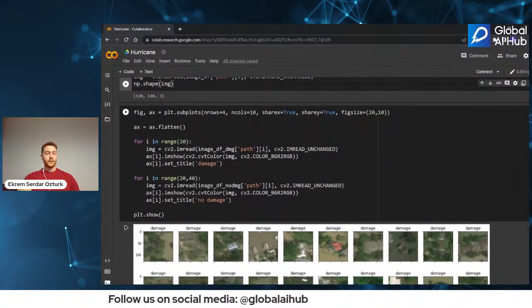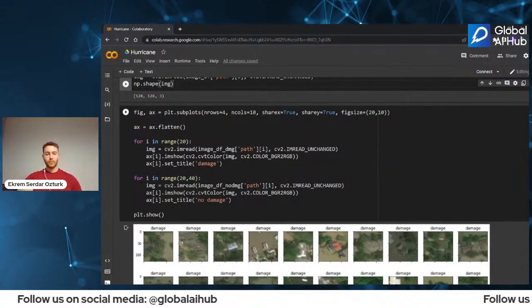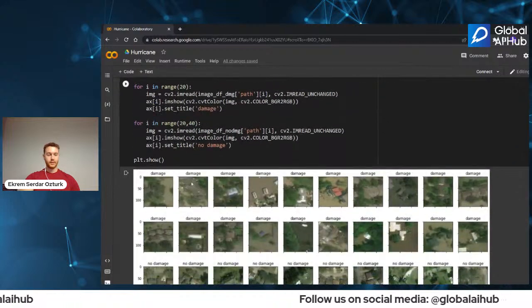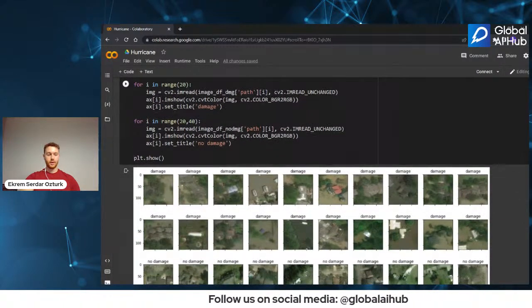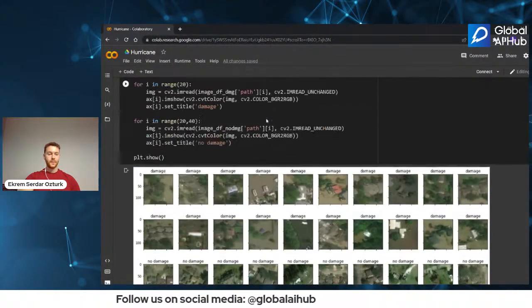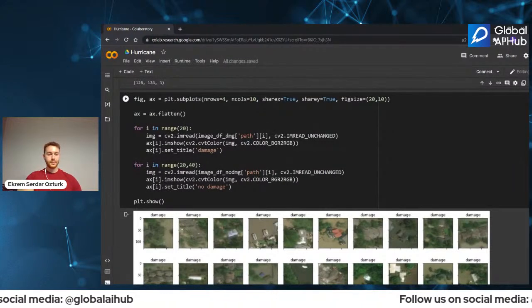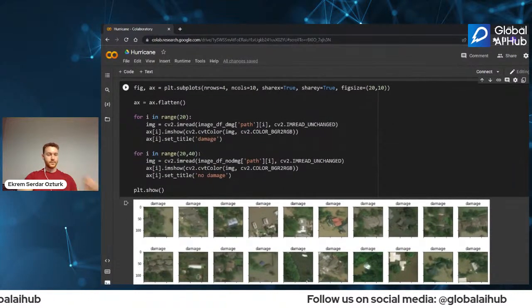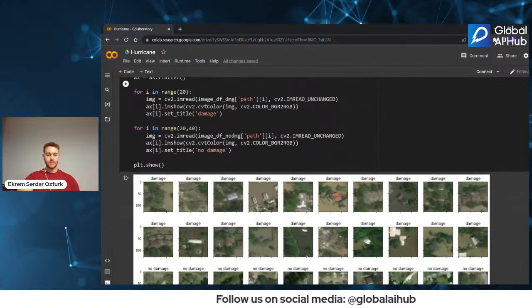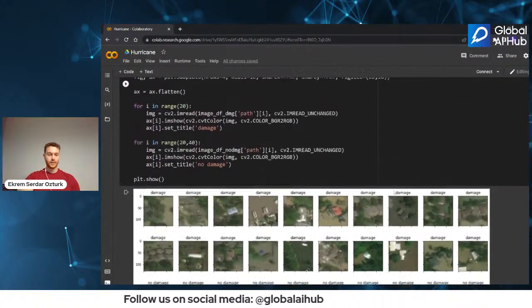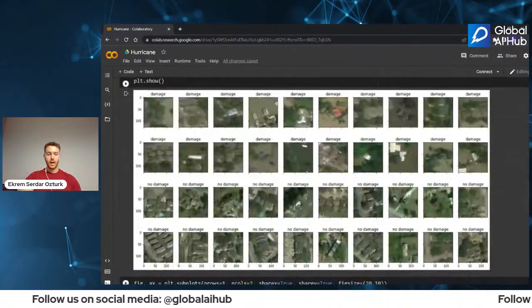So we again created subplots with 4 rows and 10 columns. All right, as you can see here, we have 10 columns and 4 rows. So what do we do here? We created 20 damaged ones and 20 non-damaged ones, just to show you how the images look.